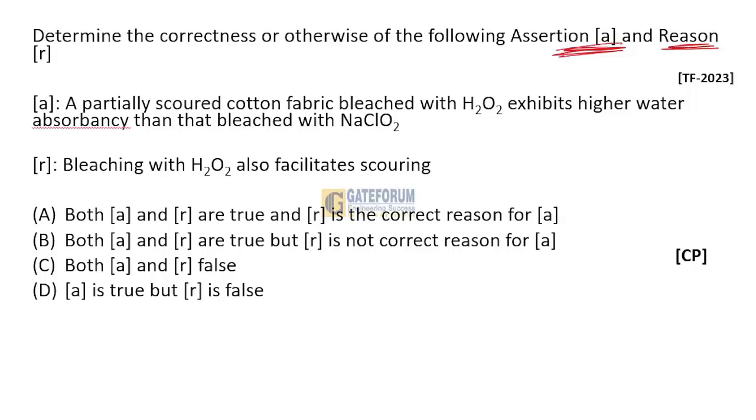So which statements are true and what is the correct reason for assertion? You have to find it out. If I talk about absorbency, the water absorbency of the cotton fabric is higher when it is bleached with hydrogen peroxide. So H2O2 is a universal bleaching agent. If I talk about universal bleaching agent,